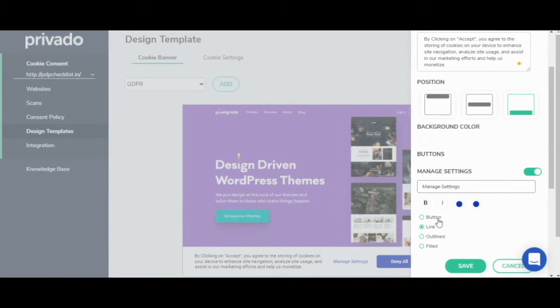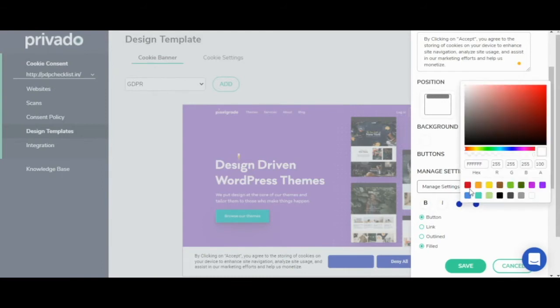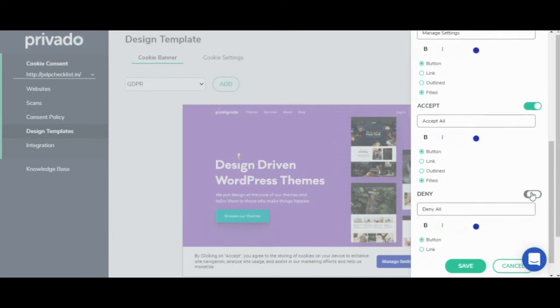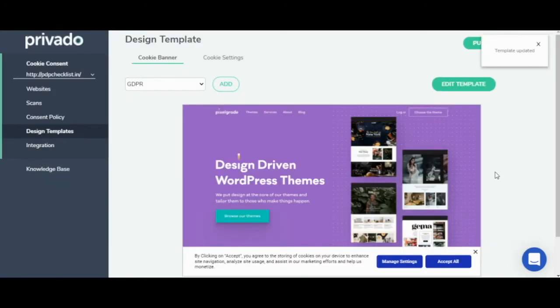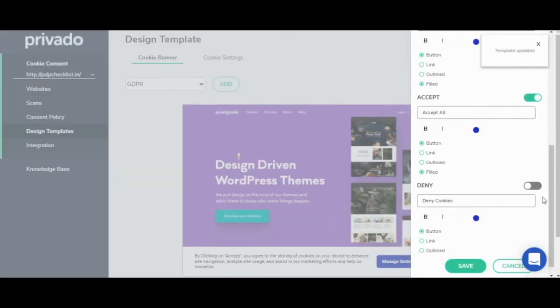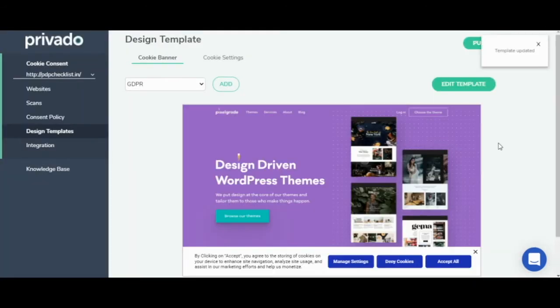So the button text, currently it's a link, it can also become a button. It can become a filled button as well. If you make it filled, then you might have to change the text color to something else. So let's say maybe white, and then this will work. Similarly, you can switch on, switch off these toggles, use them, and change the text and save it. So these are the customizations which exist. Quickly, yeah, so if you make it on, so this is how your banner looks.